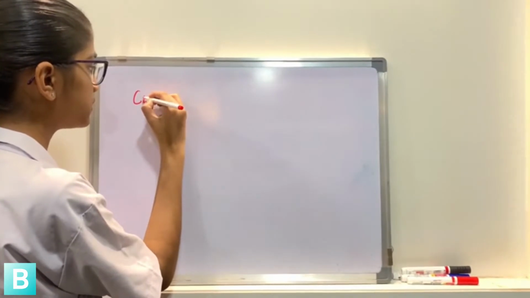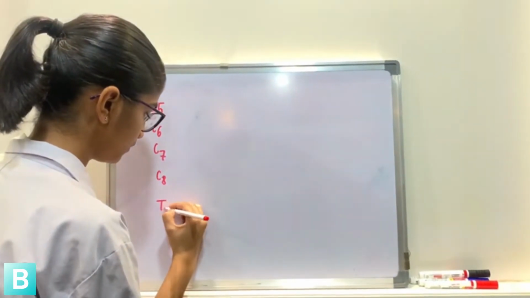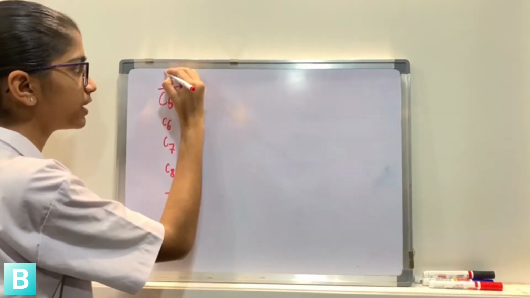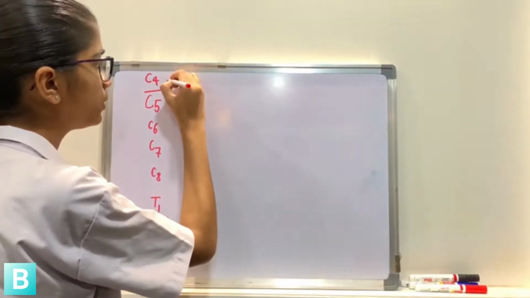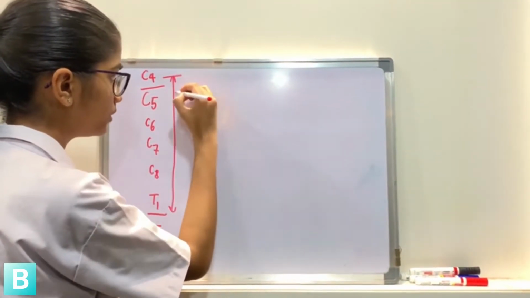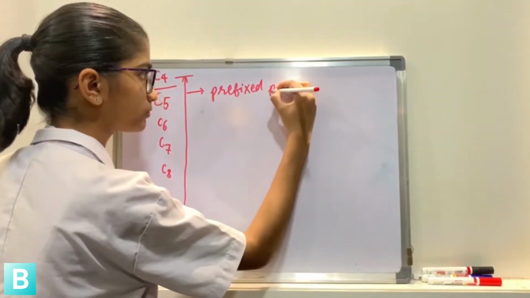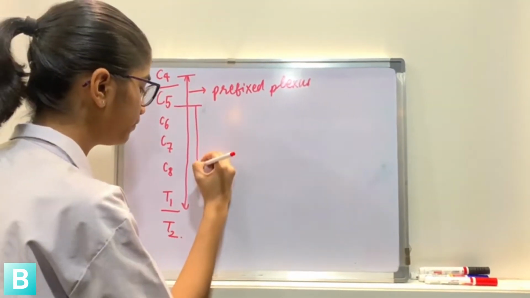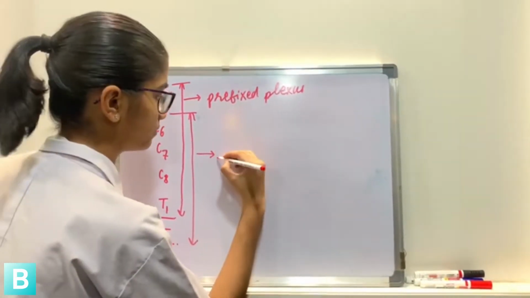The roots start from spinal nerve C5 and go up till T1. This is the normal arrangement of the roots. However, sometimes we may have roots arising from spinal nerve C4 or T2. Now when C4 is present, the roots start from C4 and go up till T1. This kind of a plexus would be called a prefixed plexus. And when T2 is present, they start from C5 and go up till T2. This kind of a plexus would be called a postfixed plexus.